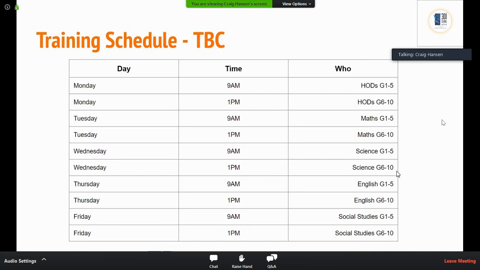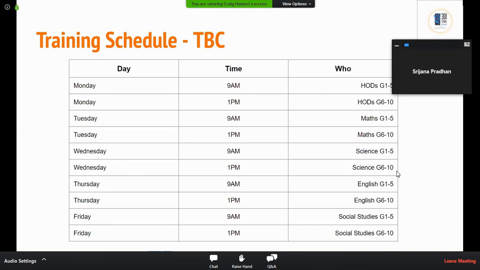Srijana, is there anything that you from the 3DI in Kathmandu team need to communicate about this to everybody? I just want to tell all the HODs to make sure that for the training sessions we have following tomorrow, only the interested teachers fill the enrollment forms and log in. I've noticed that they fill in the form, but they do not attend the session. Please, HODs, kindly make sure that the names you've given to us are there for the session so that they get the maximum benefit from the session. Thank you so much, everyone.